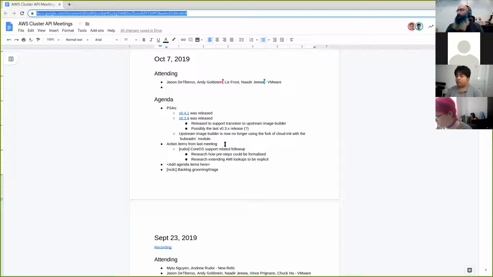All right. Next up is action items from the last meeting. Andrew, there were a couple related to the CoreOS support that we discussed a couple of weeks ago. Yeah, so we are still taking a look at this.